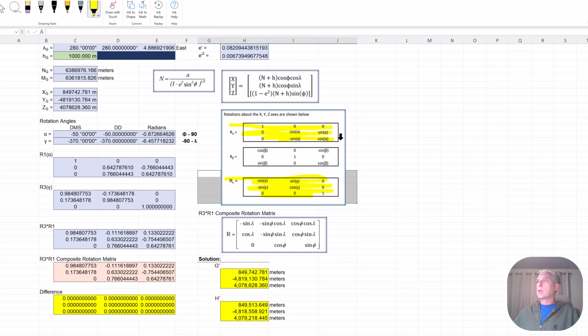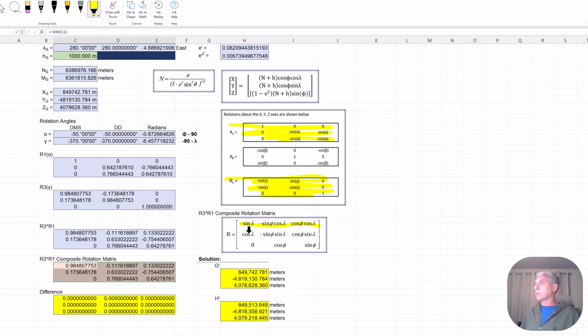And that's what I did. That's what I used here. I calculated out my rotation matrices. So just to prove that that composite matrix is the same as multiplying, here's the multiplication of my R3 times R1. And here is the result using just the composite matrix,